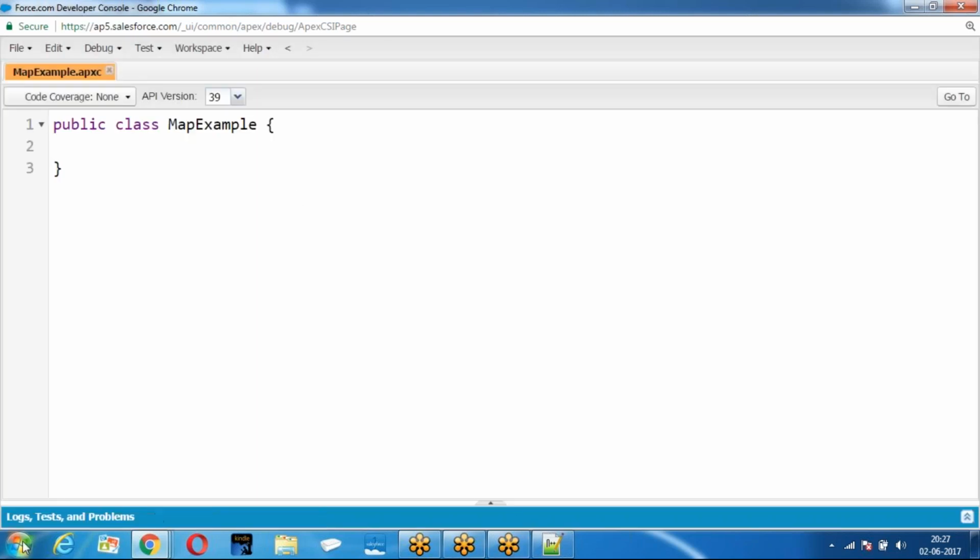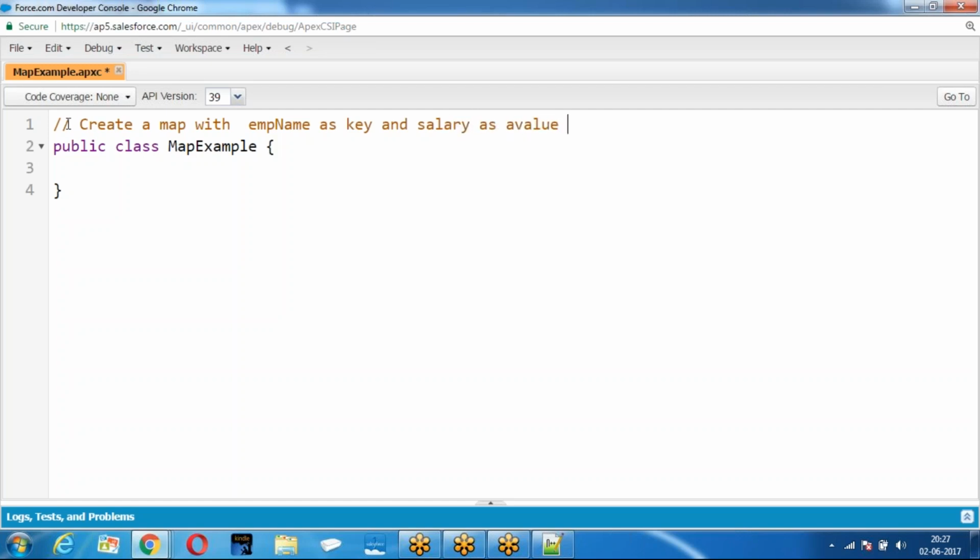Now, what I want to do is, I want to create a map with employee name as a key and salary as a value. Now, how are you going to create a map? Public map of string